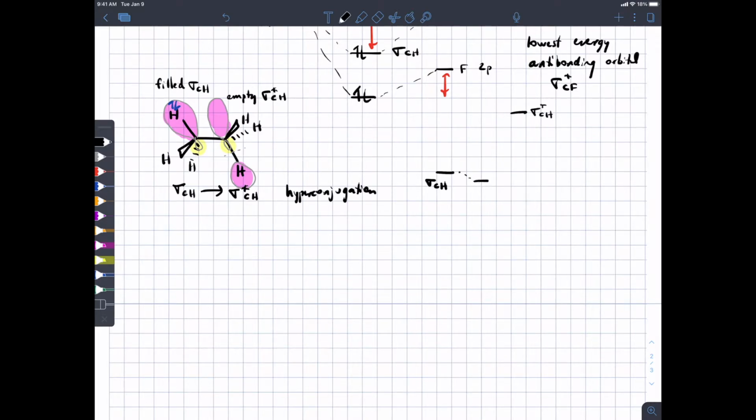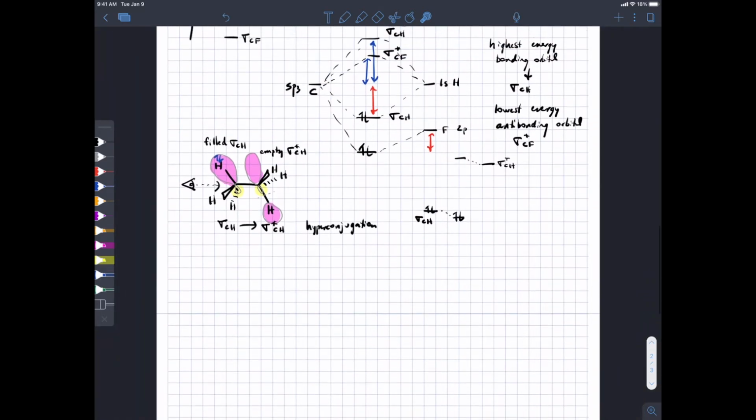The bonding orbital is going to go down in energy just a little bit. The antibonding orbital is going to go up in energy just a little bit, but we don't care because the electrons delocalize a little bit and they go down in energy. That's a stabilizing effect. If you can't see how these line up, consider drawing a Newman projection from this angle and convince yourself that this bond, a bonding orbital, lines up with the large lobe on the carbon-hydrogen antibonding orbital on the adjacent carbon. So that's, in addition to sterics, one reason why staggered is more favorable